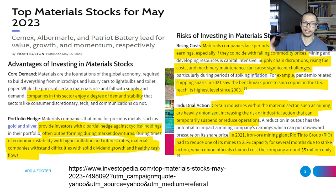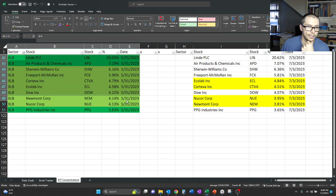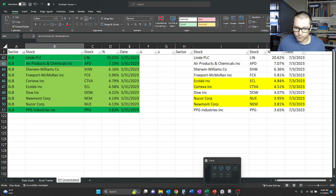If we were to take it to that next level, pick up shares of a company within XLB, we can actually look at who's in XLB. So right here, we have back when we last checked on May 31st, all the way to July 3rd here. The main holding is Linde, which I do think we have at least one share. I know we follow them, so I'll be looking forward to an update there. But these are the companies that are making up XLB,